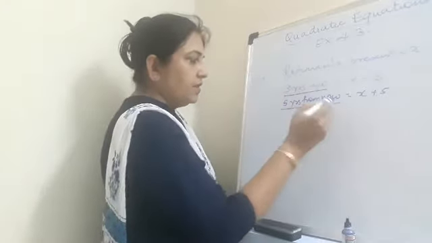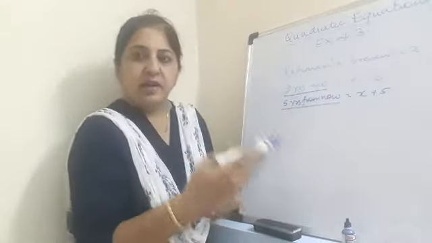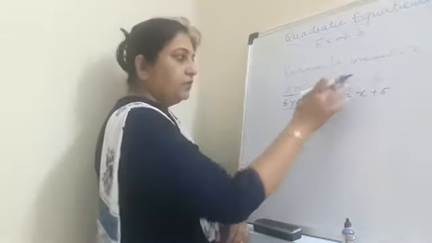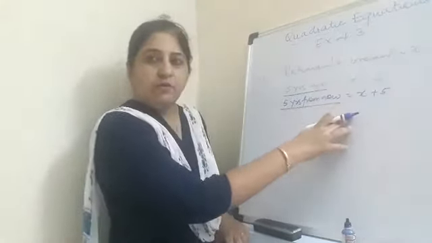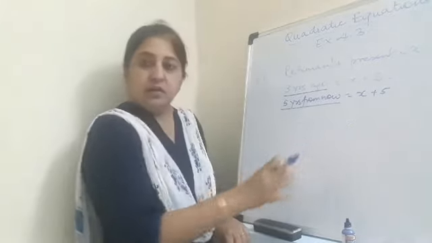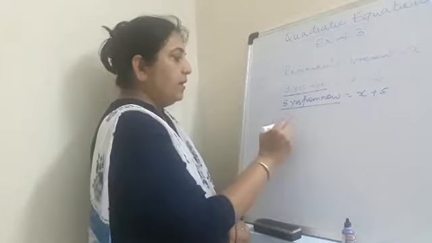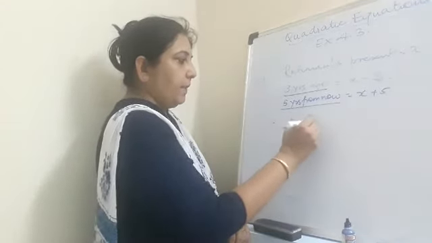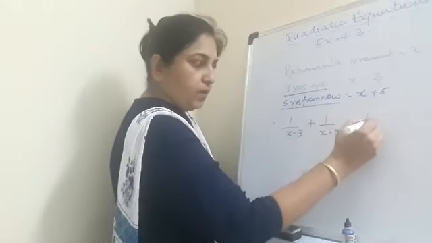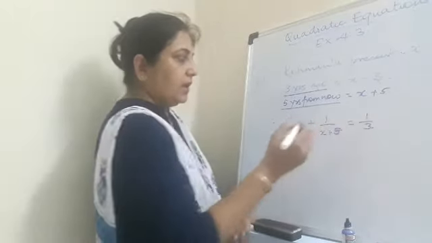This is Rahman's age 5 years from now. So I will add, that is plus 5. Now it is saying that the reciprocal of these ages will give you how much? 1 by 3. The sum of the reciprocals. Now 1 upon x minus 3 plus 1 upon x plus 5 will give you how much? 1 by 3. I hope this is clear to you.